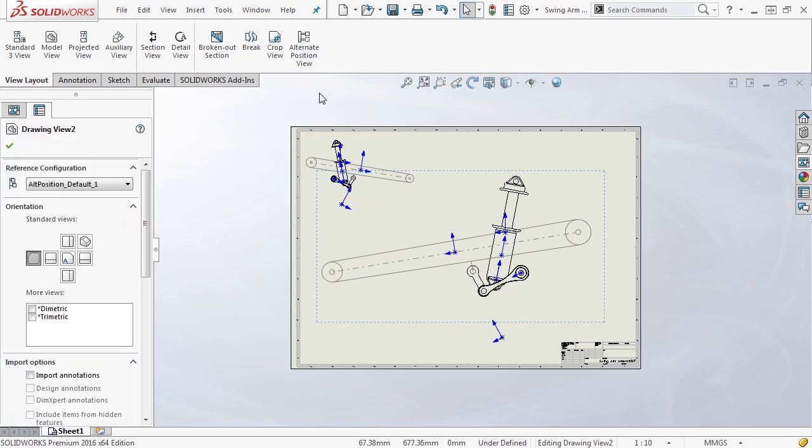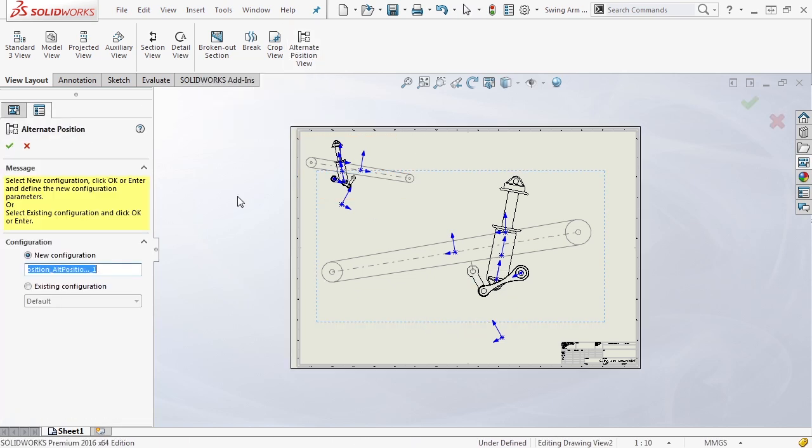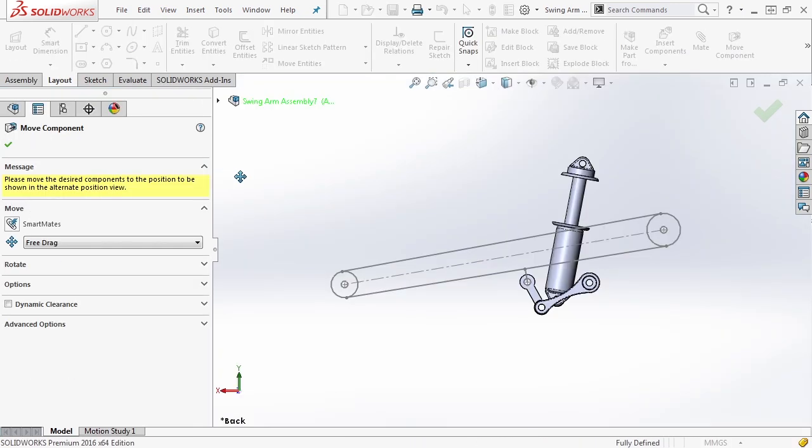Now with the view selected, I can select alternate position view. And you notice that we have some options. We can create a new configuration, or we can use an existing configuration. So if your assembly contains multiple configurations with multiple positions, you can use that in this section of the alternate position design. If you instead select to create a new configuration, we say OK, it brings us back to the